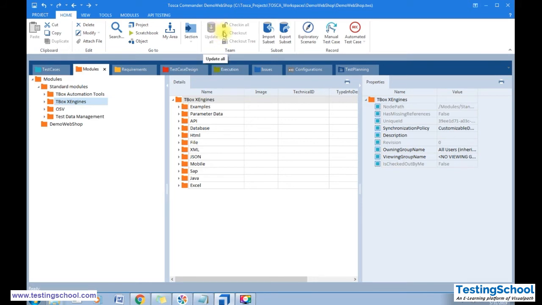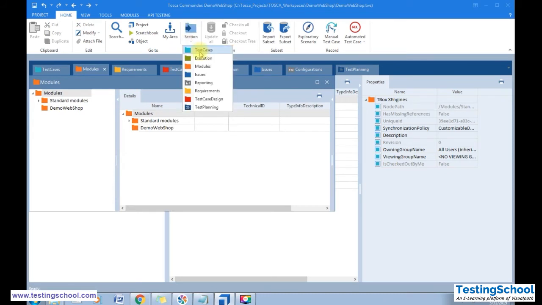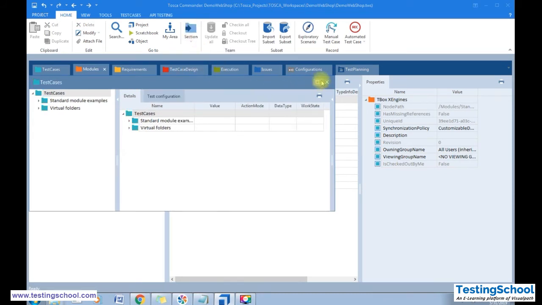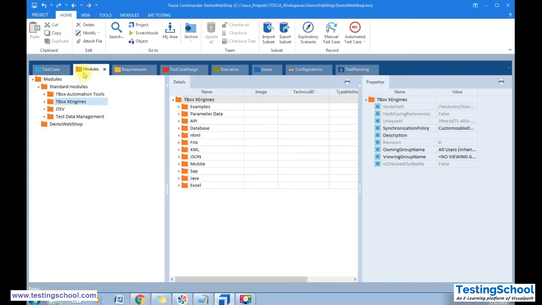One thing is this section here is for the team, as multiple people are working on it. If you want to switch from one section to another, you can directly do this. And if you want to rearrange, generally the first one should be the modules, so you can even rearrange.